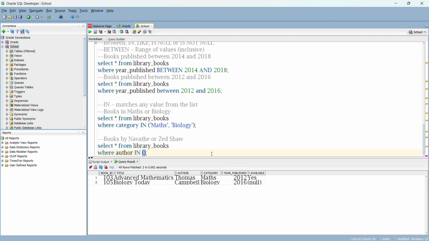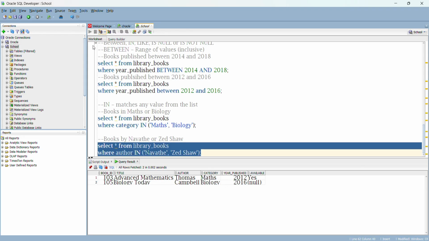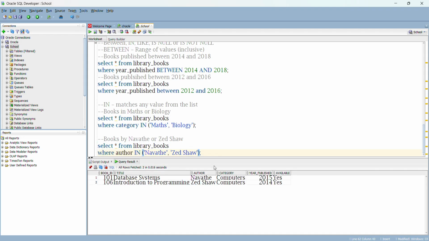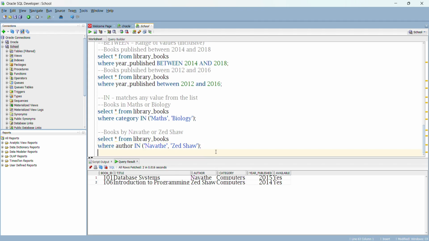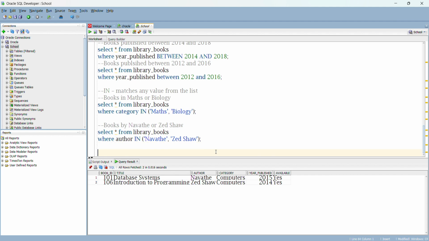So we'll write Nawathe and then Zid Shah. Let's run this. So you see, we got books from both authors, and now let's move to the next operator,